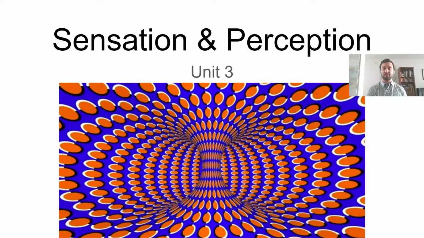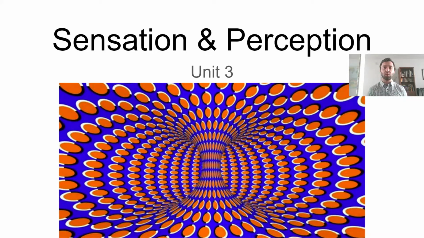The other thing I want to mention is this picture that's actually on the very front cover here. What you might notice as you look at this is that it looks like it's very slightly spinning. The reason I want to point it out is that this is actually just a static image. There is no movement in it. It's just one picture. And one of the things we're going to use, and we're going to see these a lot as we go, especially with vision, is different kinds of little tricks to mess with sensation and perception to pull them apart a little bit.